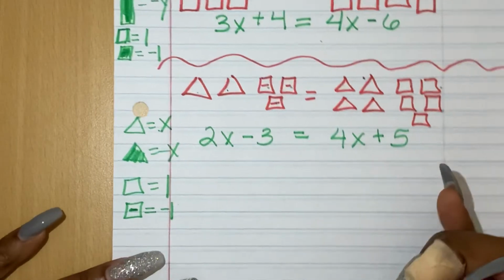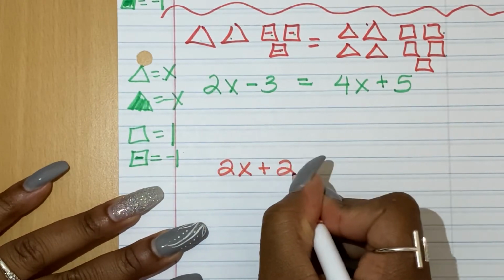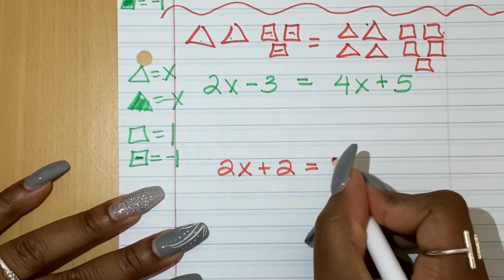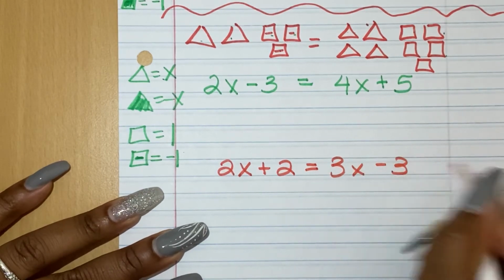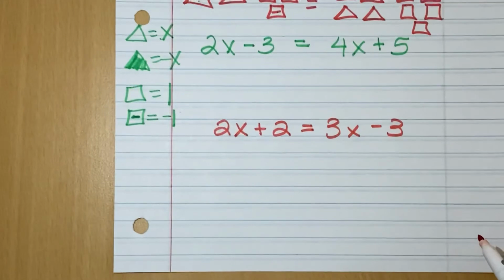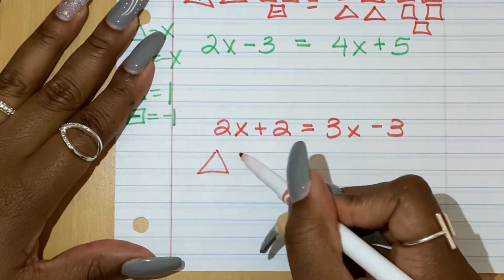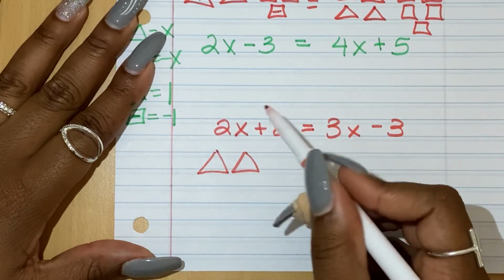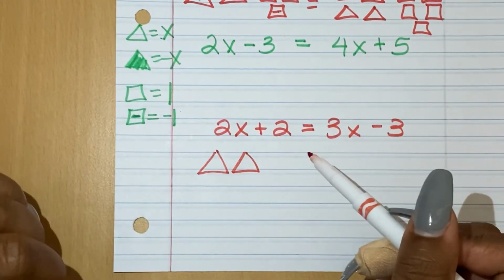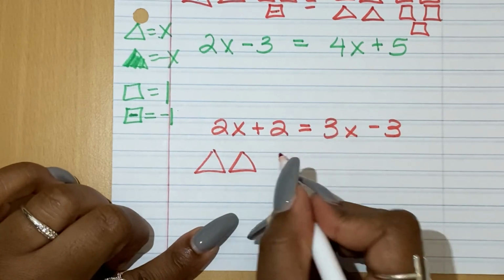They could also give you an equation like 2x plus 2 equals 3x minus 3. They could give you that equation and want you to find the model that matches. So you would have to look through your answer choices for something that looks like this. I'm just going to use the previous key to draw it. So here are 2 x's plus 2